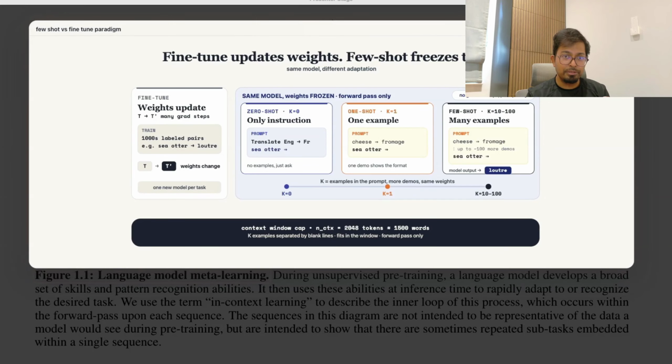Fine tuning is really just a second outer loop. The same gradient descent, changing the same weights, only run again after pre-training on a narrow task-specific dataset. The inner loop is the alternative to it, adapting to the task purely from the prompt with the weights frozen. So the two are different ways to specialize the model. One rewrites the weights, the other only conditions the prompt. GPT-3's whole bet is to skip the fine-tuning loop and let the inner loop do the work.